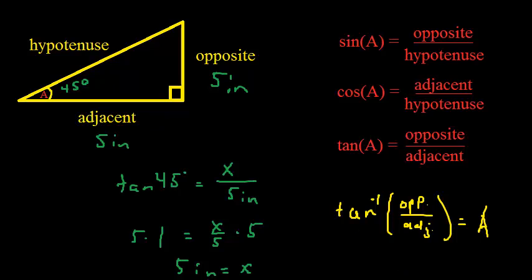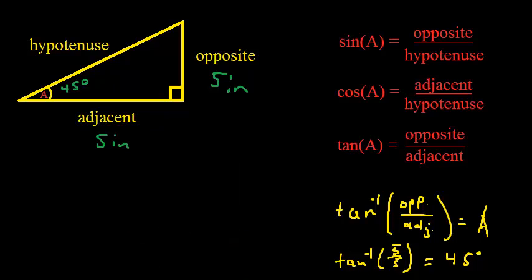So the inverse tangent function, if I wanted to find the inverse tangent of 5 over 5, right, finding the inverse tangent of 1, it would give me back 45 degrees. So this function can be found usually right above your tangent button on the calculator. You just have to hit your second button and then the tangent button in order to get the inverse tangent